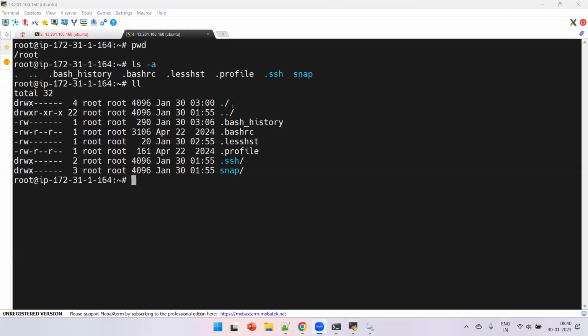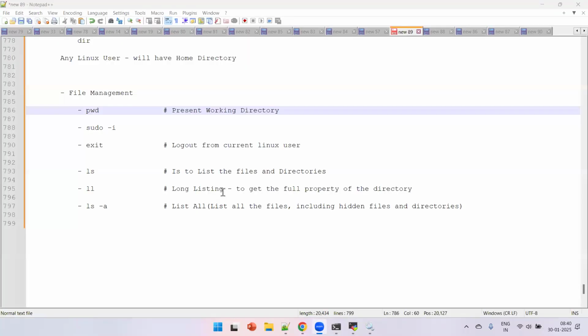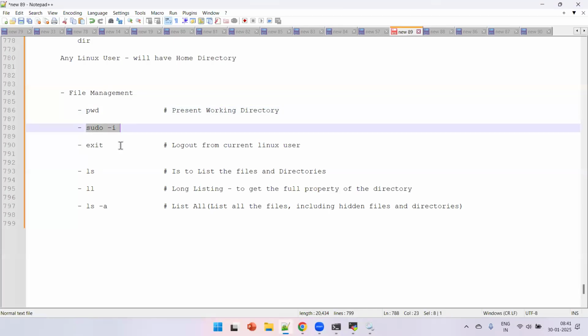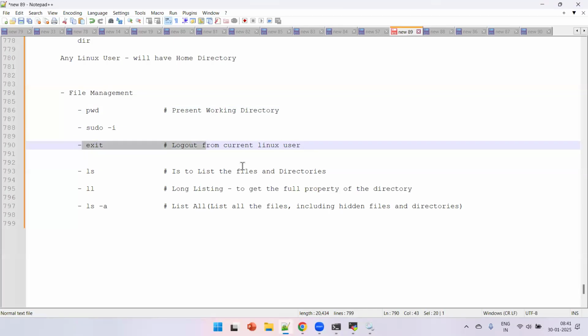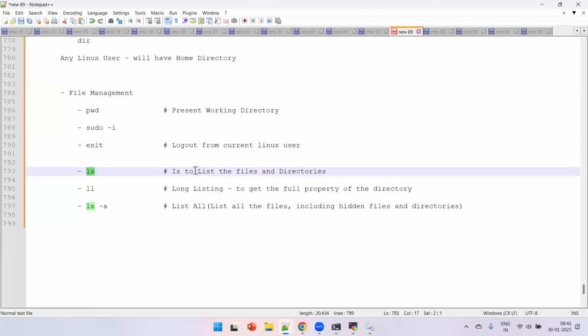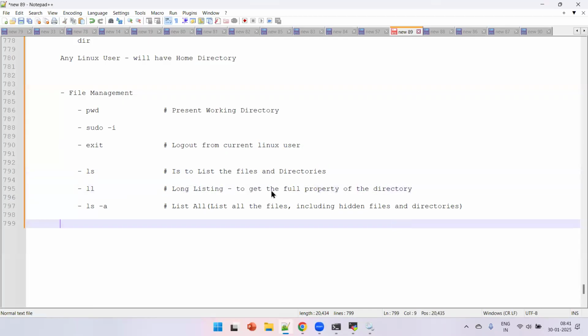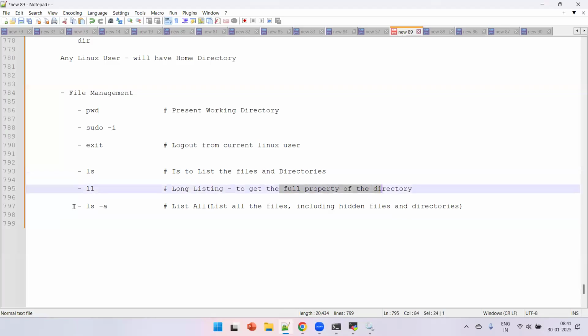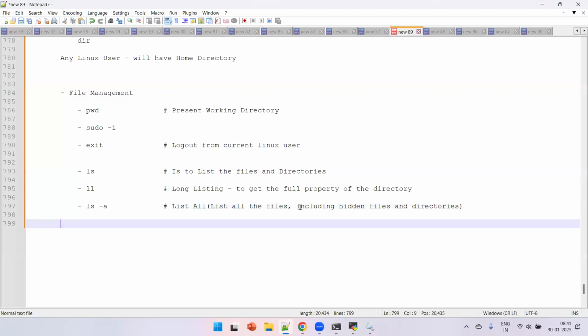Directory. So these are the commands which I have used so far. pwd means present working directory. And at any time you can elevate your access to root level and exit from there. And then the ls command to get the list of files and directories. ll means long listing, which gives more properties, as well as ls -a to get the list of all files and folders, including hidden